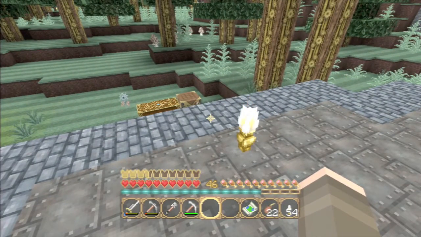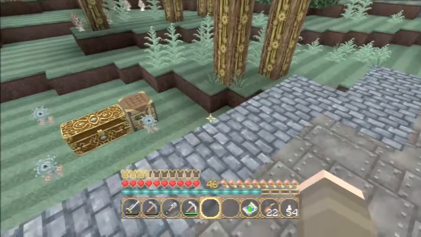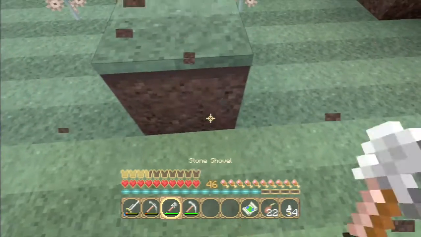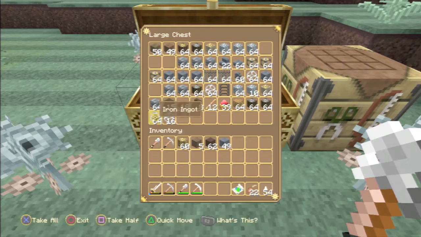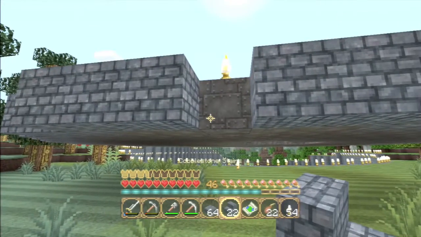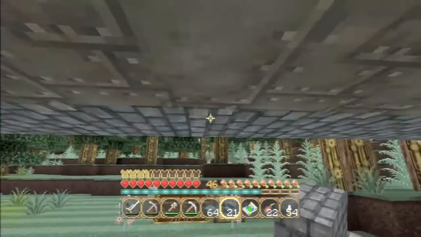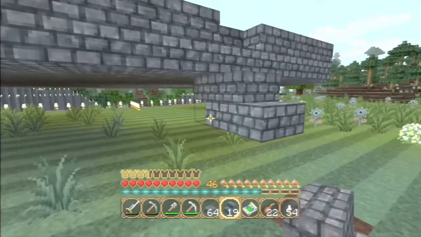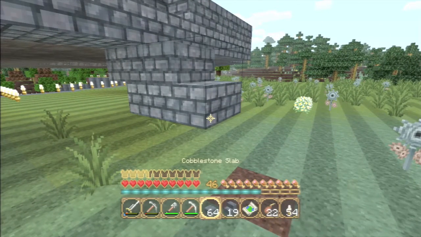So, the next thing to worry about is some steps up to this, so that we can find our way in and out. So, let us just find how we're going to construct those. Let's have a think. So I probably want to break out this middle bit of cobblestone and these two. And have I got any cobblestone stairs and slabs? I do. Fantastic. Okay, so if we put a cobblestone stair like that, and then one on the underside, and then one on the front, and then